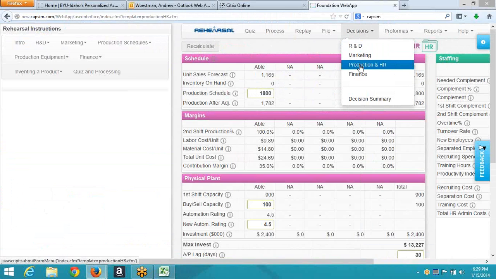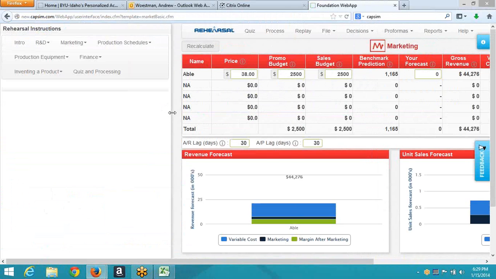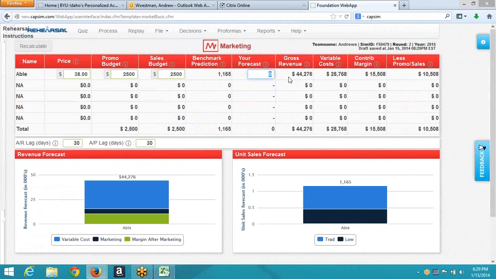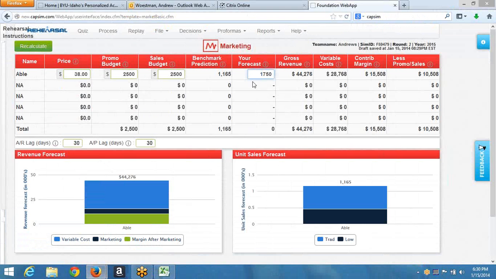You're not going to do 1,800 in your marketing because you don't know if you're actually going to get 1,800, so you're going to go a little less. But you're pretty sure that you're going to get 1,800 because you did your Excel sheet, and it shows that you should at least be able to sell 1,810. So then I go back, and I'm just going to do 1,750. What that will do